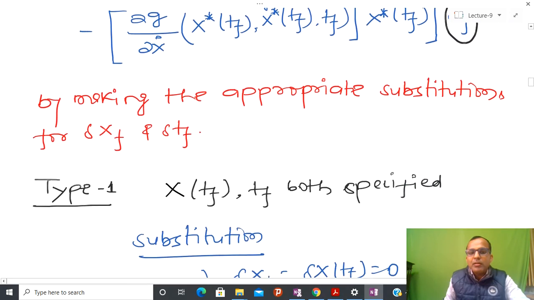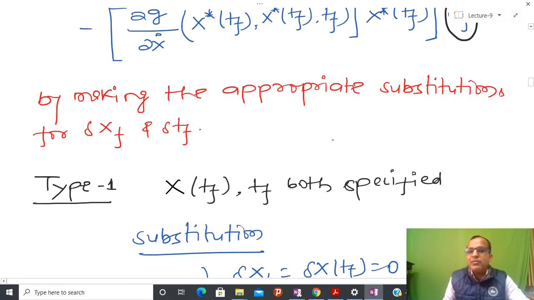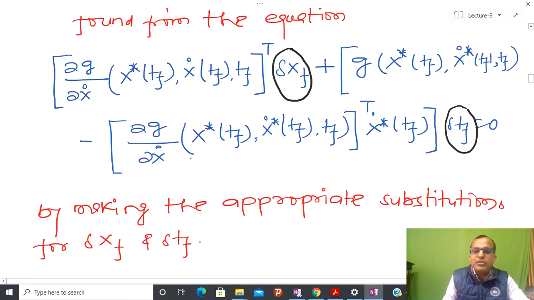Now, I have already told you that we have to very carefully see whether tf is fixed or not fixed. If tf is fixed, then delta tf equals 0. If this is not fixed, then this might be arbitrary, and whenever that is arbitrary, it means that we have to force whatever term is multiplied with this delta tf to be 0. Similarly, suppose delta x(tf) is fixed, then their variation equals 0, so automatically this term will not come into the picture. After that we have to force this term equal to 0 if tf is arbitrary. Similarly, we have to do a similar kind of combination.